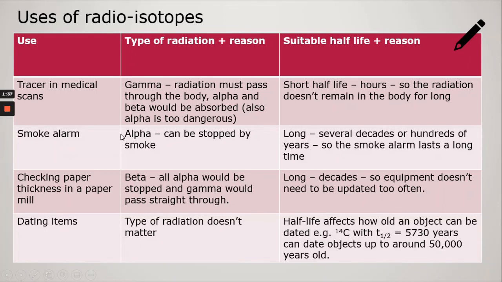So the first example is using isotopes as tracers in medical scans. You know what, I'm not going to read out this whole table. I think you can read this for yourselves and write it out for yourselves. So I hope it all makes sense, and we will have time to do a little bit of revision of this topic in class, and we can talk about any questions then. So make sure you've taken down this information,